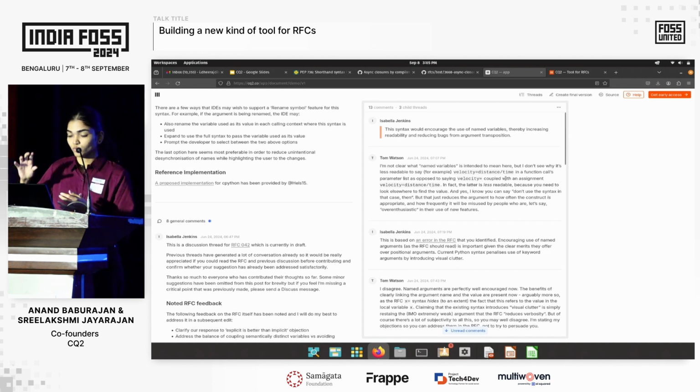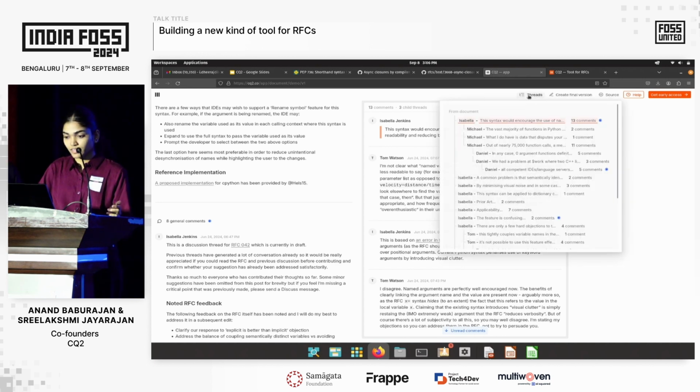So comments to threads go under this section. This is the reason why document discussions in CQ2 are well organized, easy to follow, and easy to interact with. And one more thing, this is the tree feature.